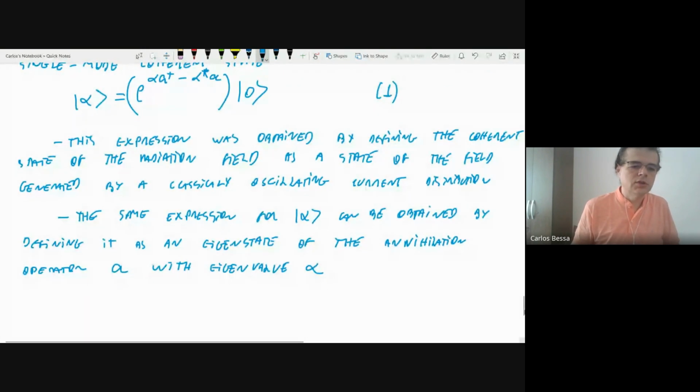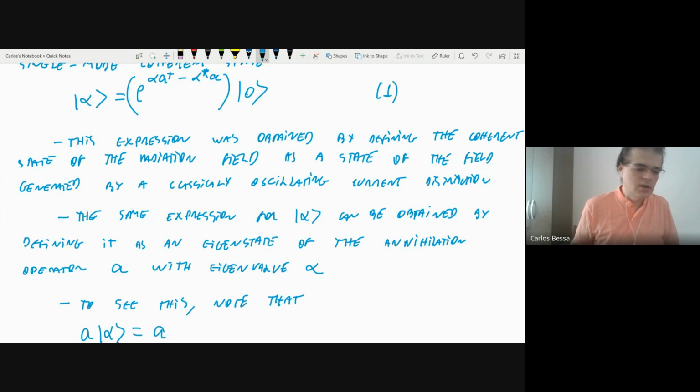To see this, note that if I have the A operator applied to this equation 1 here, so A applied to alpha,